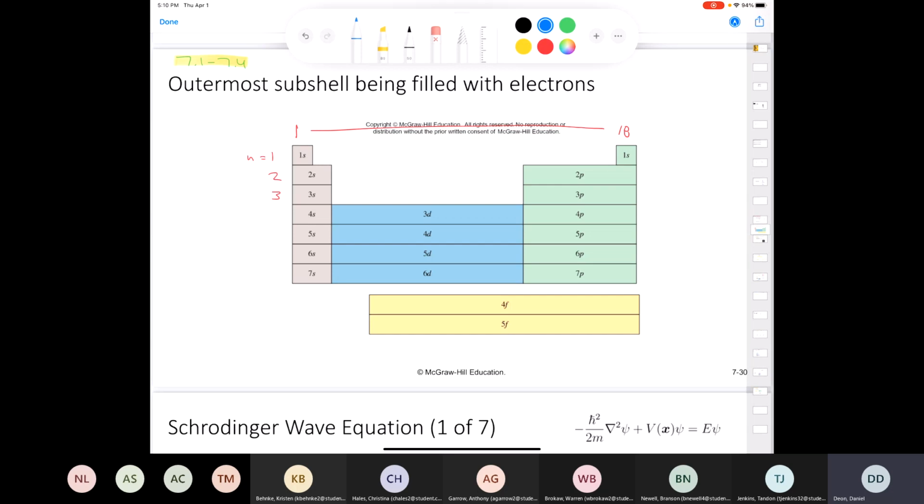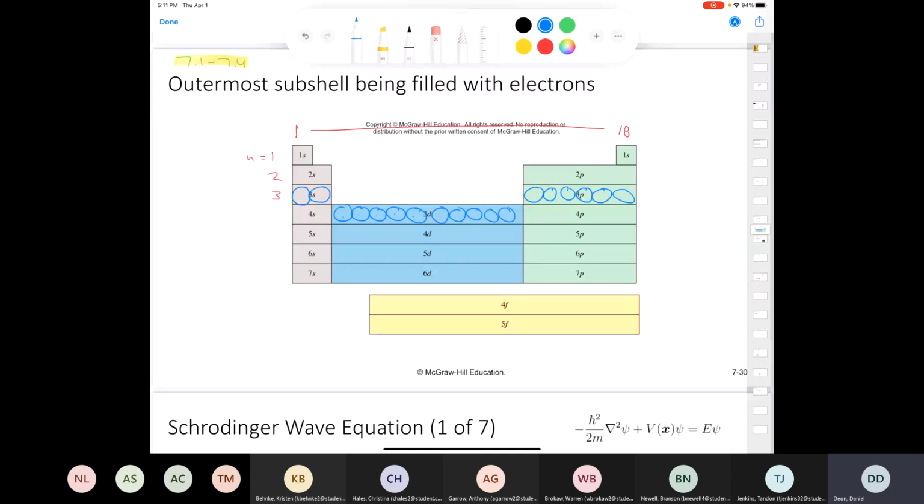So look, that means when I have a principal quantum number of 3, I can have 1, 2, 3, 4, 5, 6, 7, 8, 9, 10, 11, 12, 13, 14. Ugh, I knew I was going to mess it up. So I can have a total of 1, 2, 3, 4, 5, 6, 7, 8, 9, 10, 11, 12, 13, 14, 15, 16, 17, 18. So there's a total of 18 possible electrons that you can have when you have a principal quantum number of